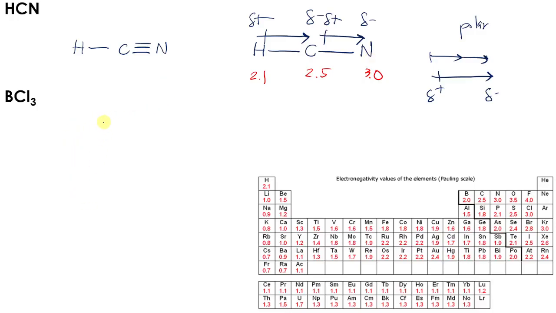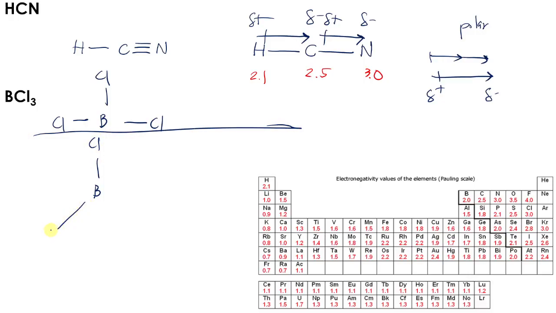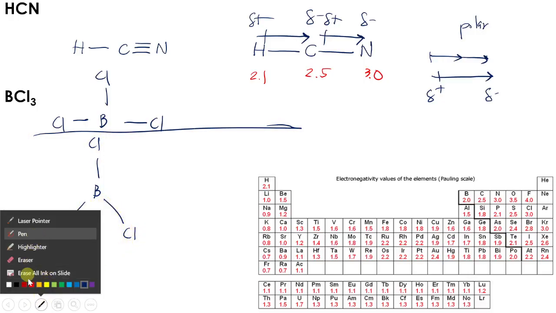So let's go to BCl3. This one is boron. Then we have three Cl. This is the electron dot structure. Now let's proceed to its actual VSEPR shape. That's boron. Then here we have Cl. Right. We have here Cl, and we have here Cl over here. Now let's write the